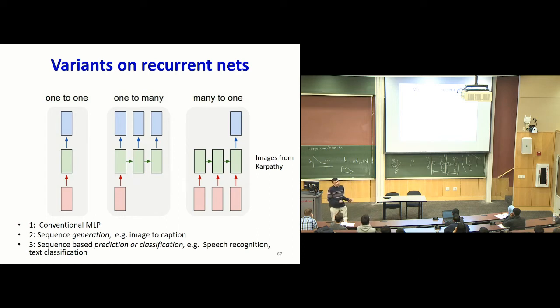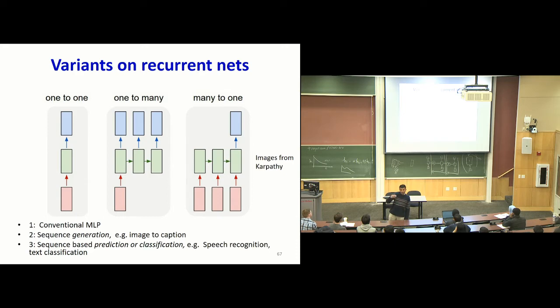Now there are several variants on this basic theme. Here's the simple one. This is a recurrent neural network with no recurrence. There is no loop, which means that this is just your standard multi-layer perceptron. We know what it's good for, right? You can have recurrent networks of this kind, where I have a single input and then you have lots of outputs being produced.